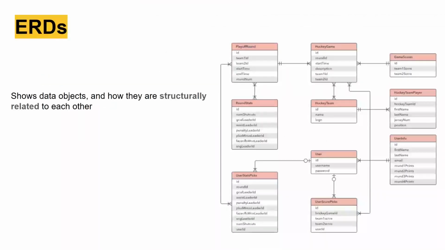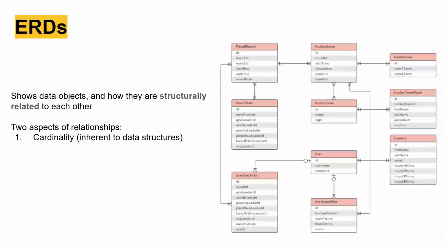And we're working on ERDs. So ERDs show how our different objects are related to each other, either with the cardinality, so one to many, many to one, required, not, and then how you join them. It could be that this object can be joined to this object, or you can specifically say this object is joined to this object using column A, column B.